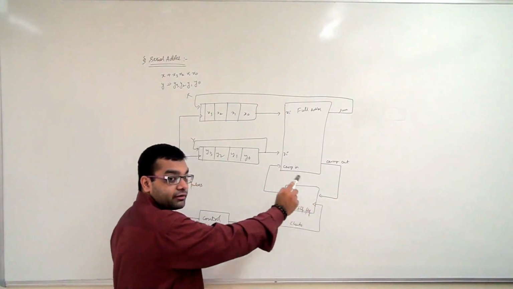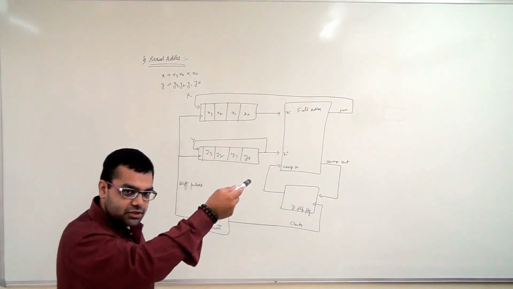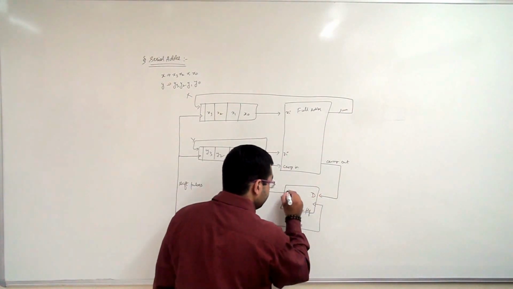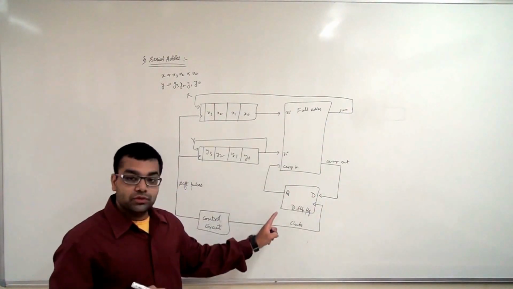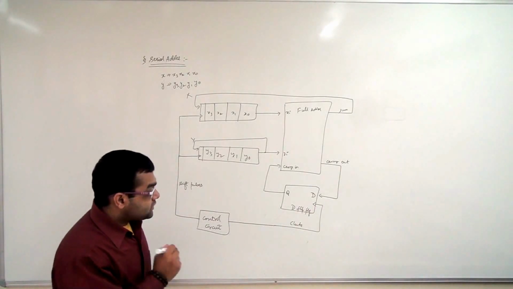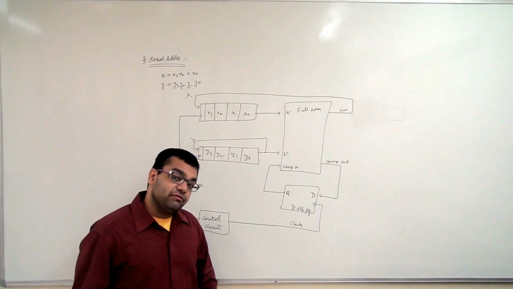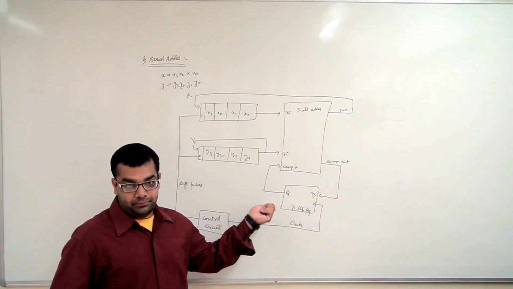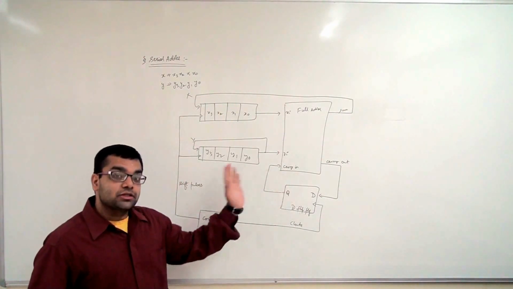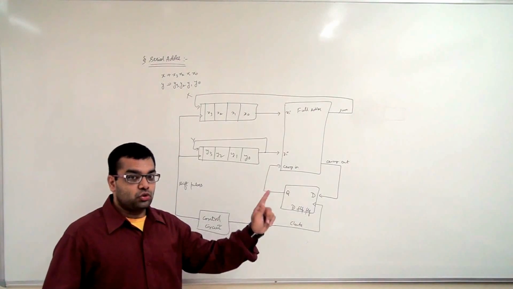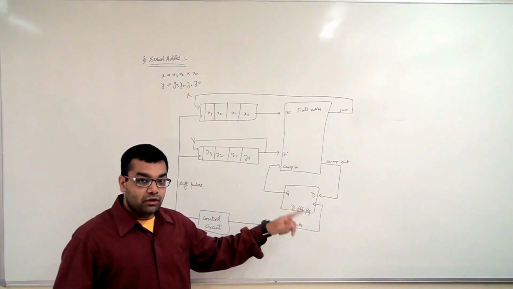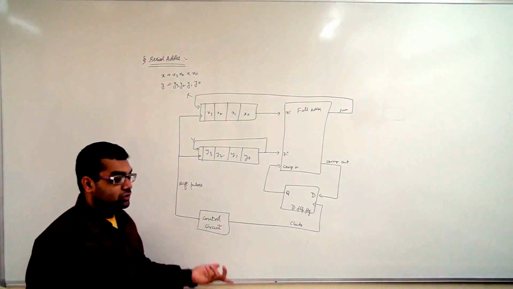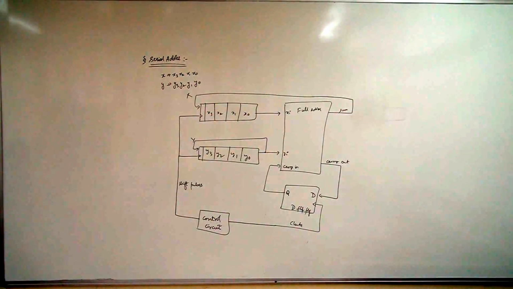This circuit is called a D flip-flop. Flip-flops we will see when we come to sequential circuits. D is the input and Q is the output. What is the advantage of a D flip-flop? Whatever the input is in a clock cycle, that will be the output into the next clock cycle. It will store the value coming in the input for one more clock cycle. You can take some time to draw this circuit.